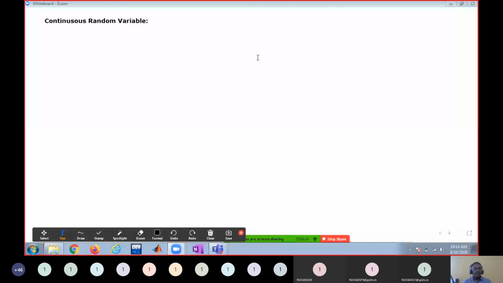Now, for that we cannot write down the distribution table, because you can write a distribution table only when you can count the number of possible values. For each possible value you can assign a probability, so you will have a probability distribution table when the range space of a random variable is finite. But if it is infinite or uncountably infinite, it is not possible to write in the form of a table.